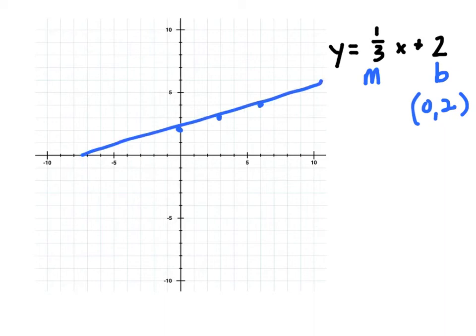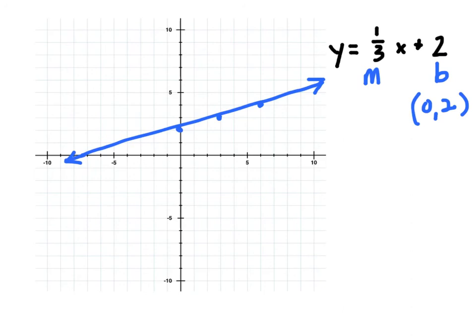I'm going to draw a line that goes all the way across my graphing space, or at least pretty close to that. Put arrows on the end or on both ends of that line to indicate that it really goes on forever in each direction. And now I have a pretty good sketch, at least, of the graph for the equation y equals 1/3 x